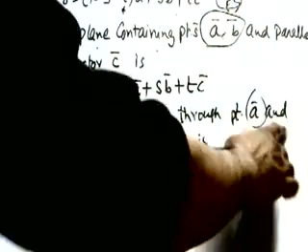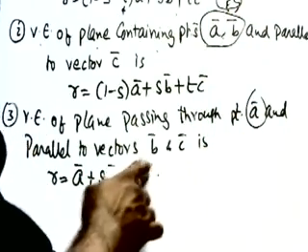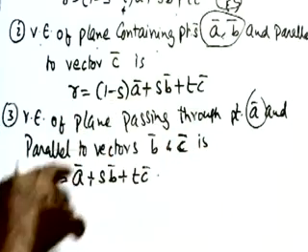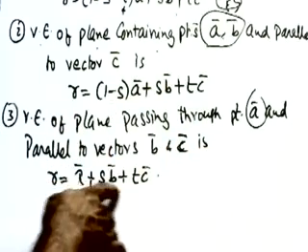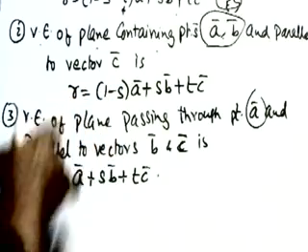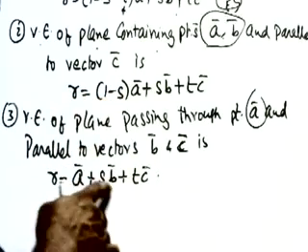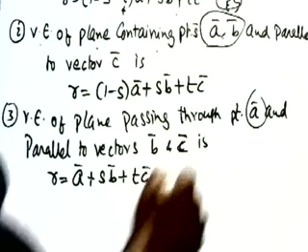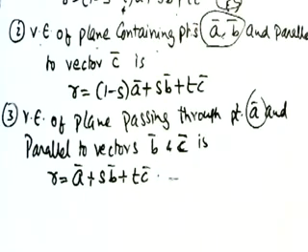For 1 point, one more formula. The vector equation of the plane passing through the point a, only 1 point here, and parallel to the vectors b and c: you take out this s also, so r equals a plus sb plus tc. For 3 points, one formula. For 2 points and parallel to vector c, one formula. For passing through point a and parallel to the vectors b and c, this is the third formula.